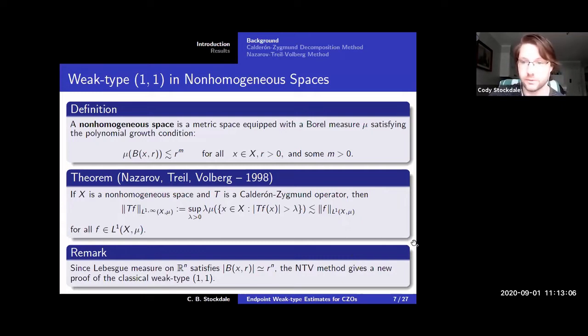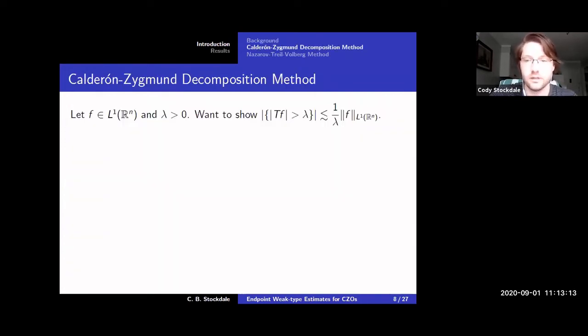So I'm just going to describe both of these proofs in broad strokes in the setting of R^n with Lebesgue measure. What are we trying to do? We have an L1 function, and we have a positive parameter lambda that comes from the way the weak L1 norm is defined. We want to prove this inequality, where the implicit constant denoted by this squiggle does not depend on f and does not depend on lambda, but maybe it'll depend on the dimension n of your space,